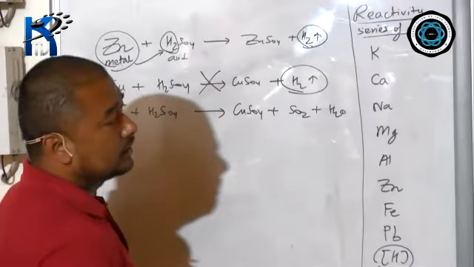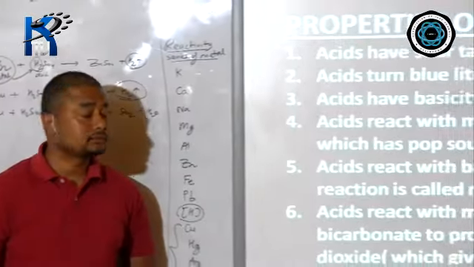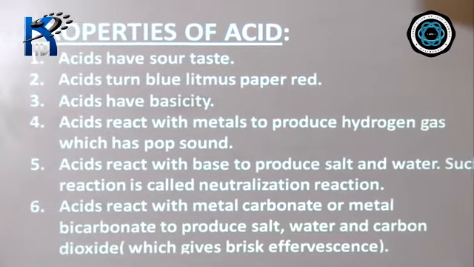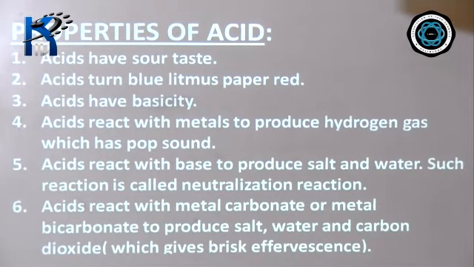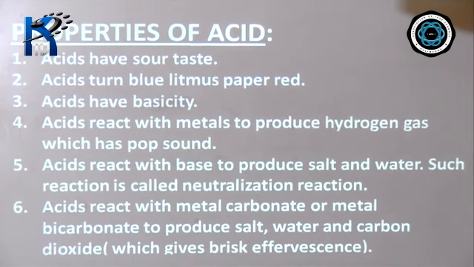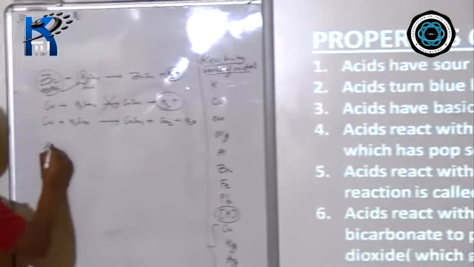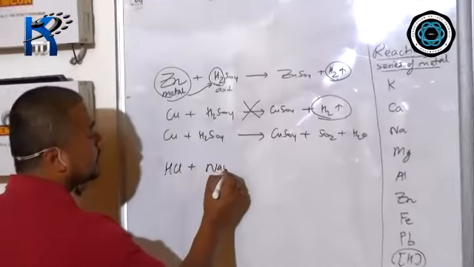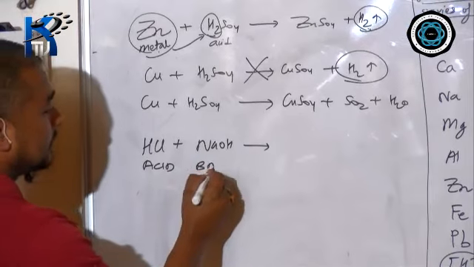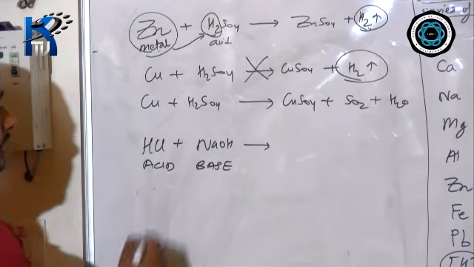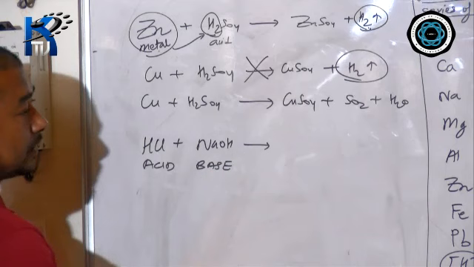So this is all about property number 4. Now we go to property number 5. Acid reacts with base to produce salt and water. And such a reaction is called a neutralization reaction. Now I am going to explain number 5 to you all. One example of an acid is HCl. One example of a base is sodium hydroxide. This is your acid, this is your base. Now these two are going to react to give you salt and water,